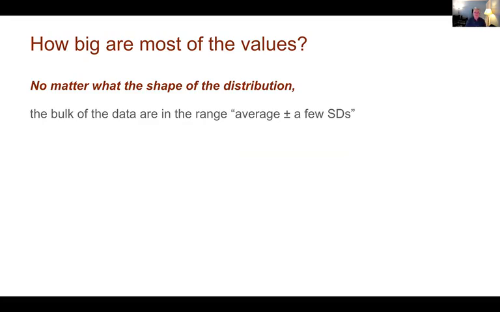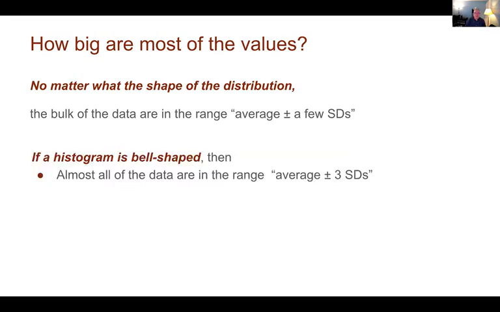If we don't know the shape of the distribution, we rely on Chebyshev's inequality, which says the data is within plus or minus a few standard deviations. However, if we know that it is bell-shaped, a normal distribution, instead of saying most of the data is within a few standard deviations, now we can say almost all of the data,